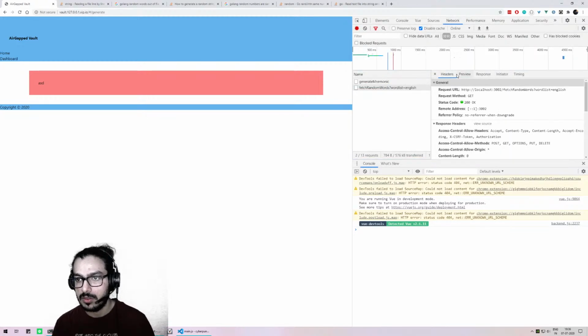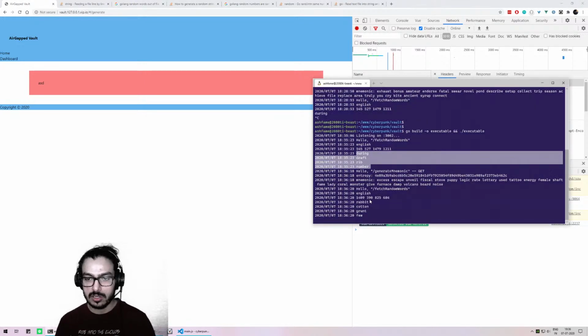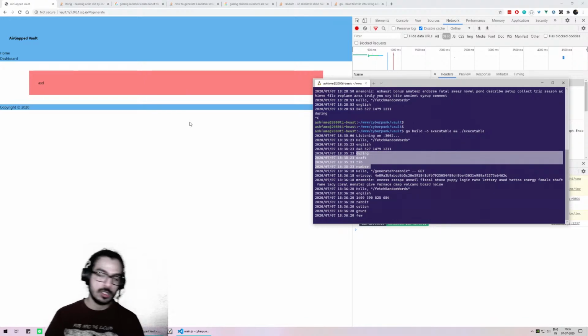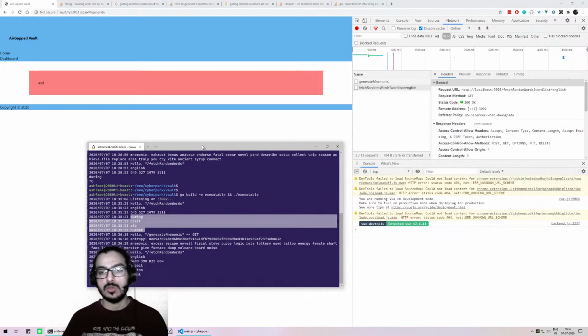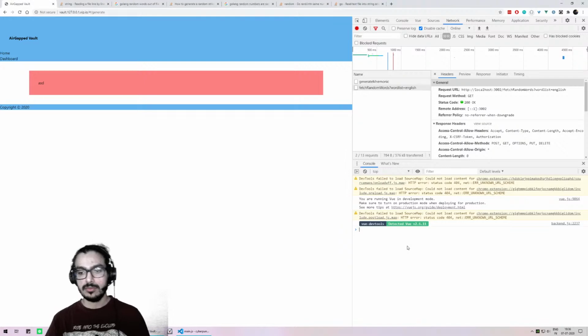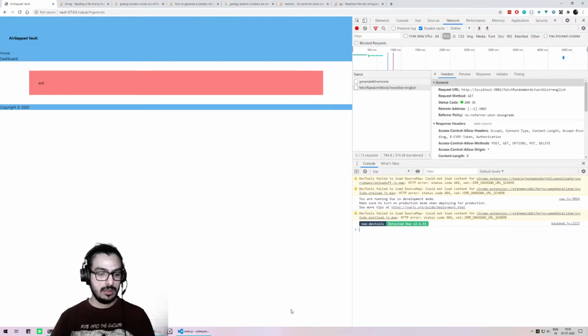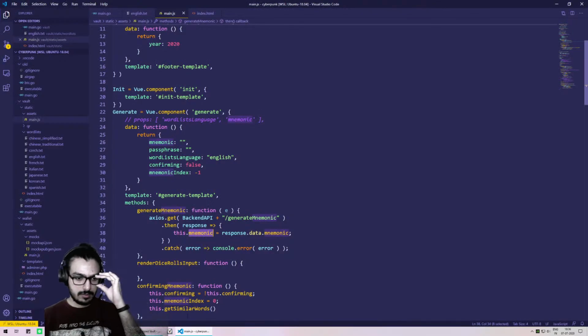We got, oh okay, we are not returning the JSON yet, so we got these four words, and what we can do is append the actual word with these four words, shuffle them and show them on the screen, and let the user choose what was the first word. That's what we are trying to do here. Okay,